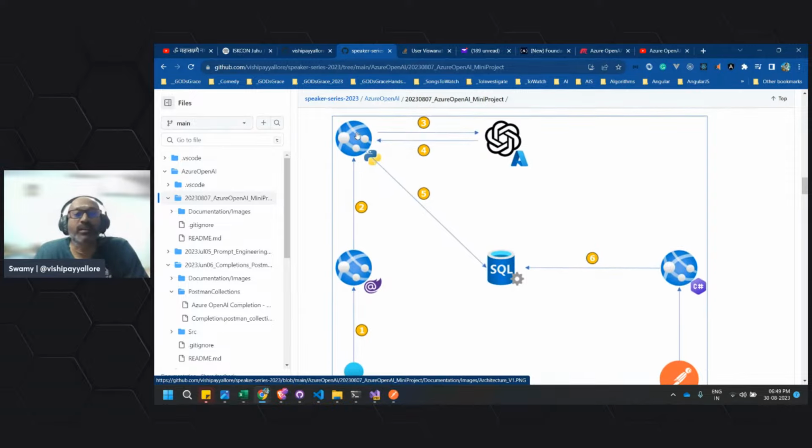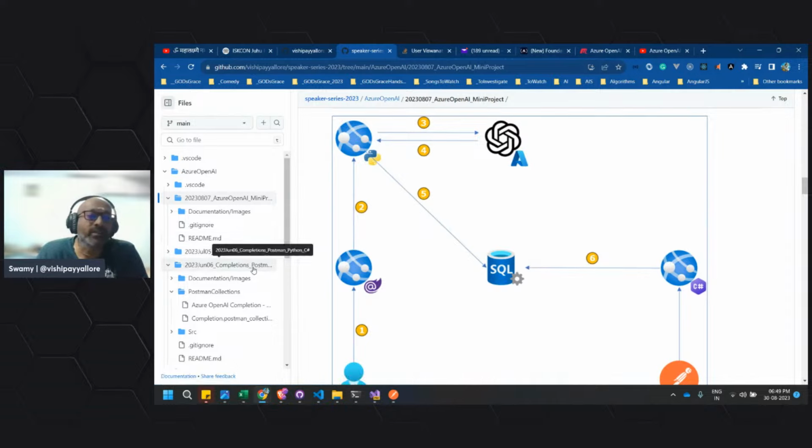So this is the project which we will be doing. The next session will be purely, again we'll be coming back. We did something on the AI Studio, and then we came and did the same thing in 5 different ways: with Studio, with Postman, with Python notebook, with Python file, with C Sharp. And then we'll again come back and learn a few other techniques in prompt engineering. Then we'll jump into that mini project, which will go for 3 episodes.